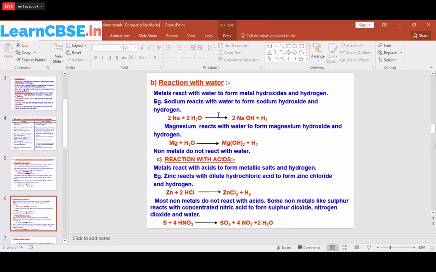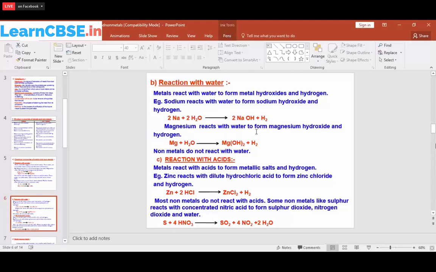So how can we identify the hydrogen gas coming from the reaction? It will give bubbles. From that we can identify the reaction is going on, so the hydrogen gas is being released. So how can we test that only hydrogen is coming? When you take a wooden splint, you will get a pop sound. From that we can identify that only hydrogen gas is coming out from the reaction.